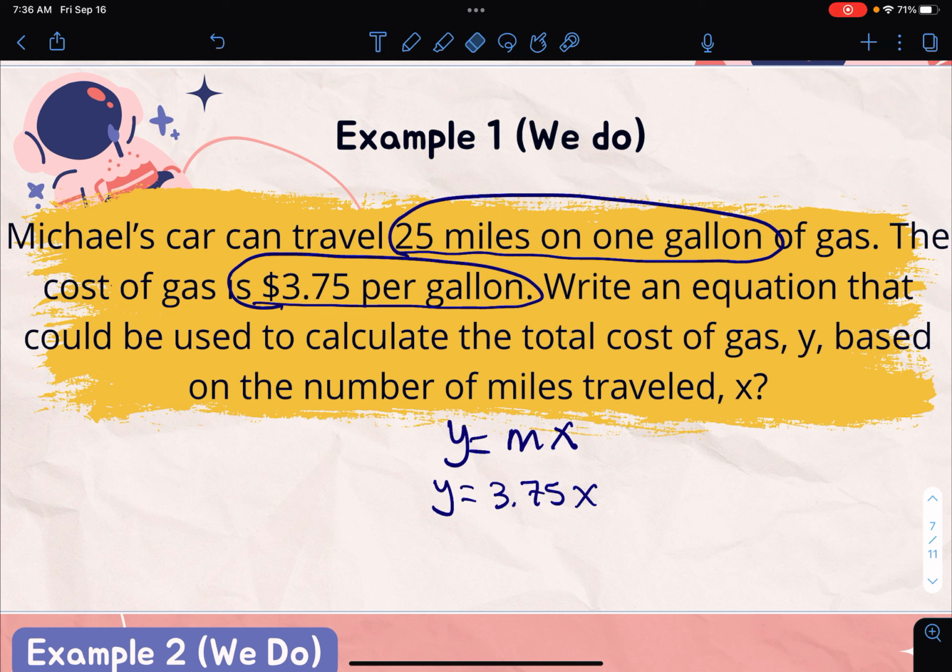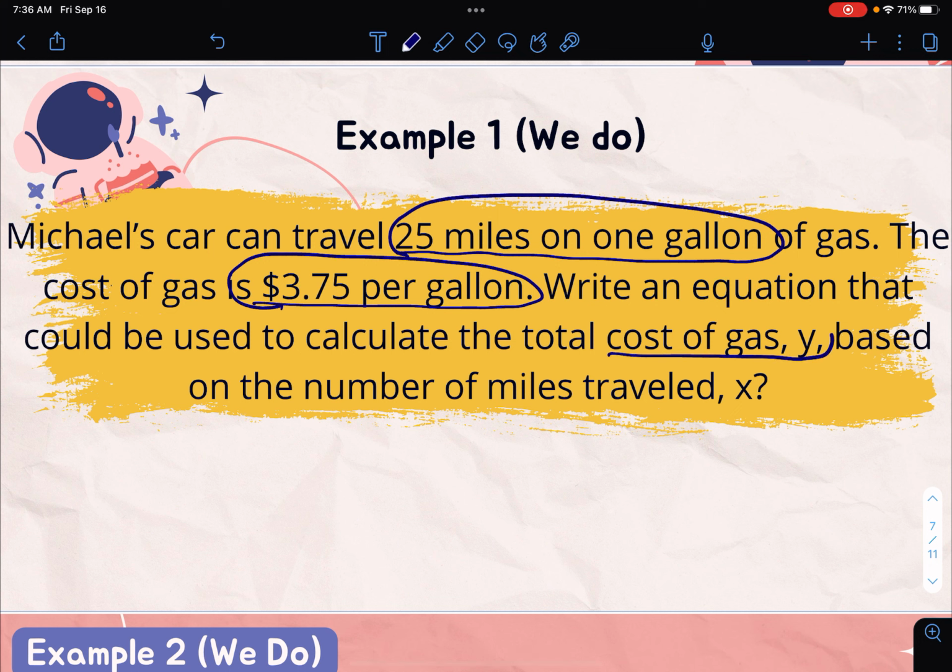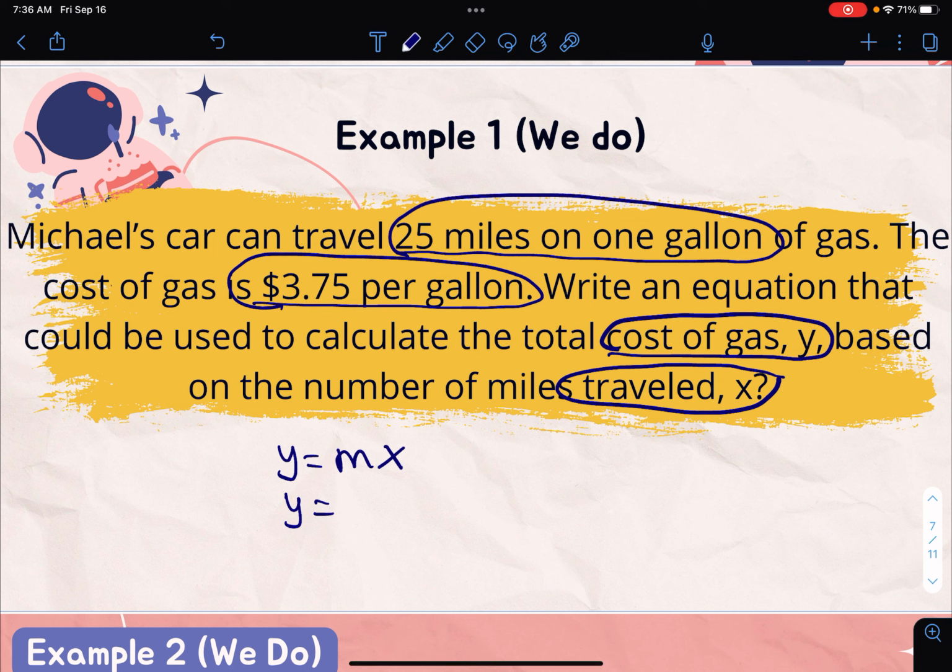Hold on. I made a mistake. Sorry, guys. Because here it tells you, if you read, it says cost of gas y by the number of miles traveled x. So you're going to have y equals mx. So if the cost of gas is y, that means that your total is going to be